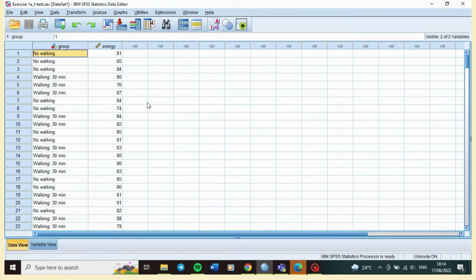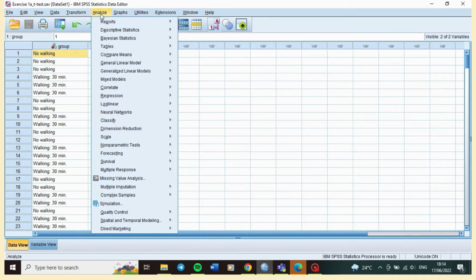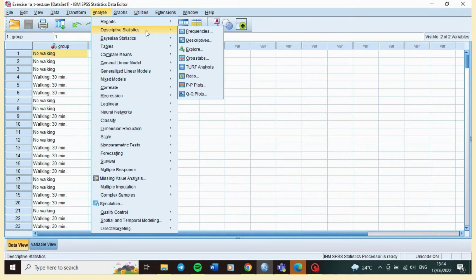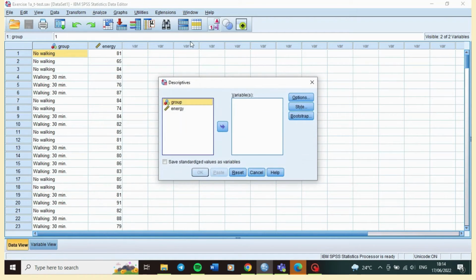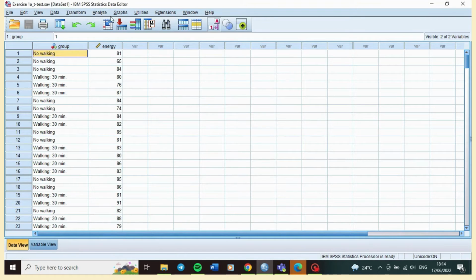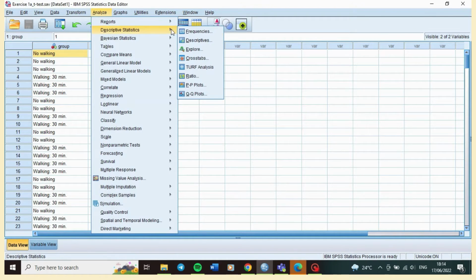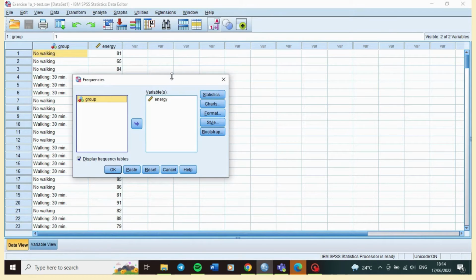Alright, for the first step, to check the mean, mode, median, and also skewness and kurtosis, we go to analyze, and then descriptive statistics. Choose the descriptive, frequencies, and then